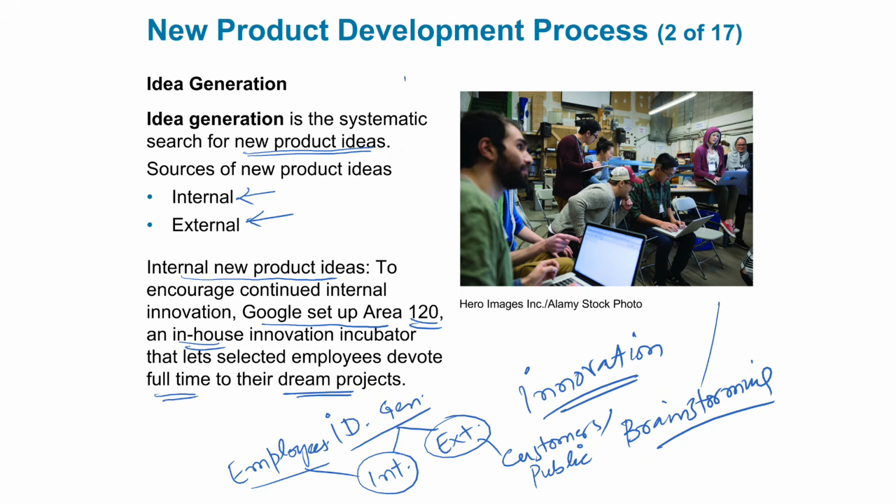Externally, I told you, it can be customers, it can be the public. So idea generation is an important stage. In a lot of books, it says that if you want to launch a good, unique, amazing new product, you need to have ideas somewhere between 70 to 100. That's a lot of ideas. You have to have roughly 70 to 100 ideas to select one idea out of it to be considered for launching a new product. You can see that's not an easy task. It's a very, very tough job. Coming up with 100 new ideas is not that easy.